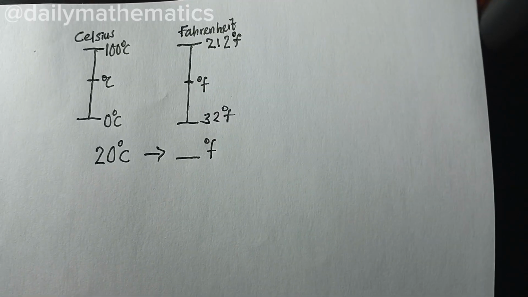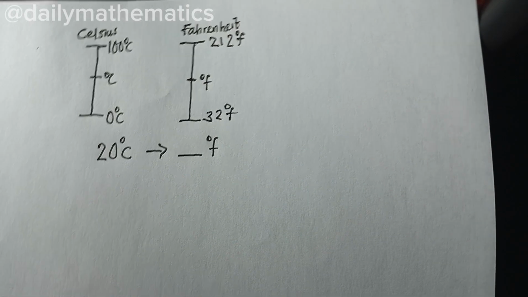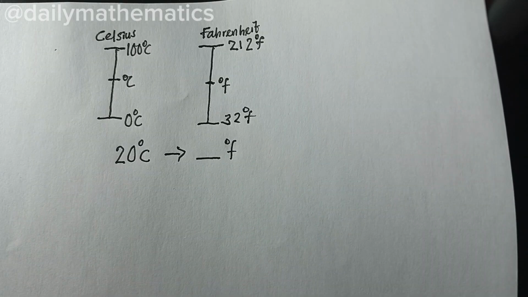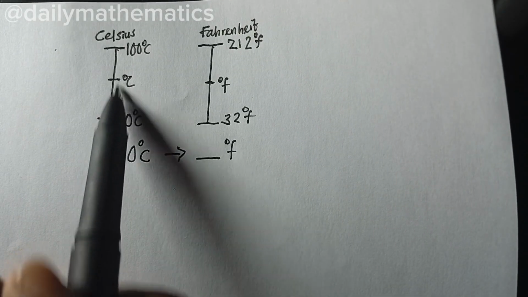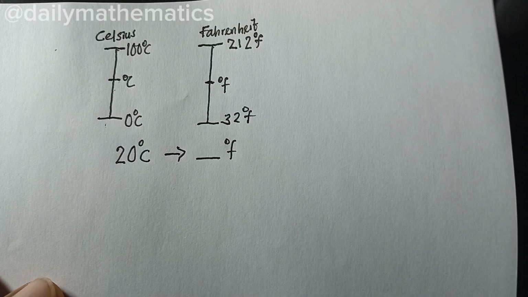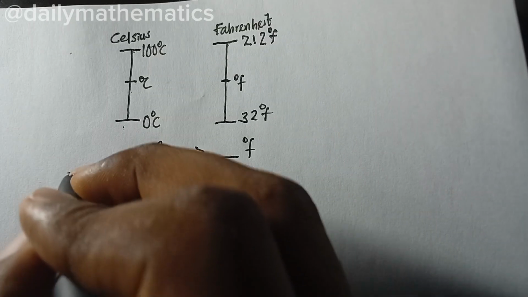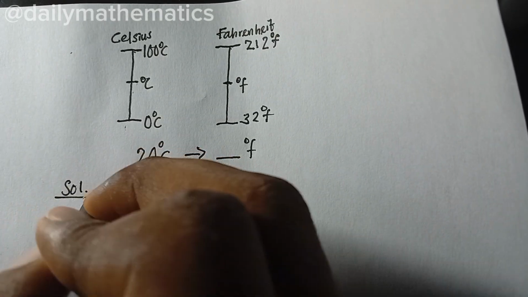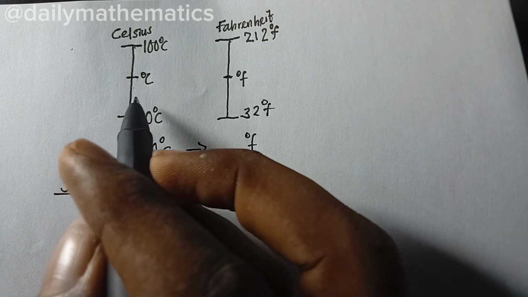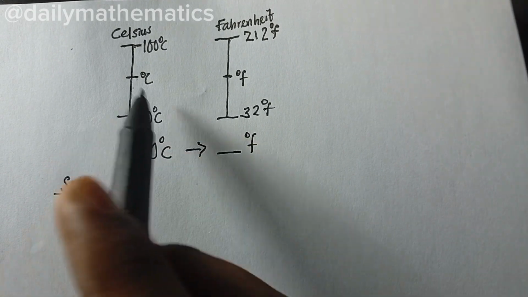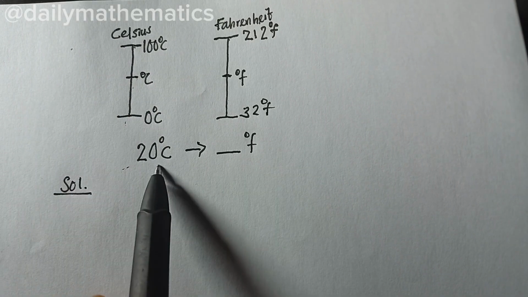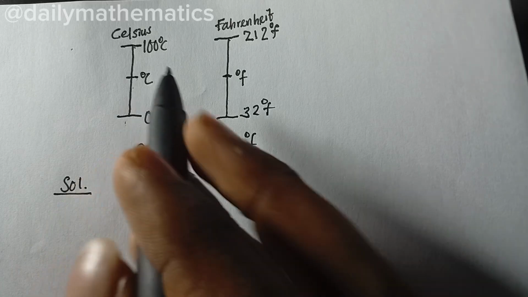So what are we going to do? You must have heard of the formulas used to convert them. The first thing we're going to do: how do we get the formula used to convert this? We're going to be using these temperature scales to convert these values. So let's first of all derive a formula for converting degree Celsius to degree Fahrenheit from these two